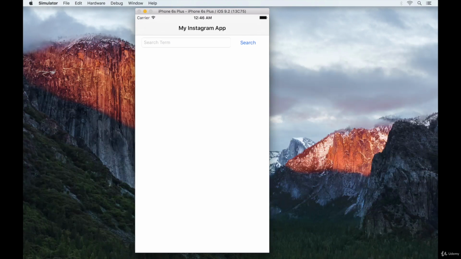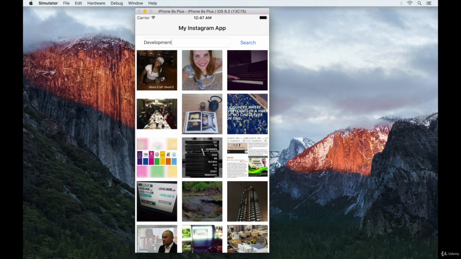So here is our final finished product. Just like web and Android, it's not too fancy but works perfectly. As you can see from the interface, it's a fairly simple app where we have a text field and a button. When I type something inside the text field, let's say development, we see a bunch of images based